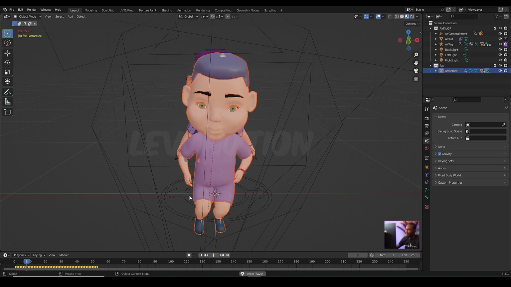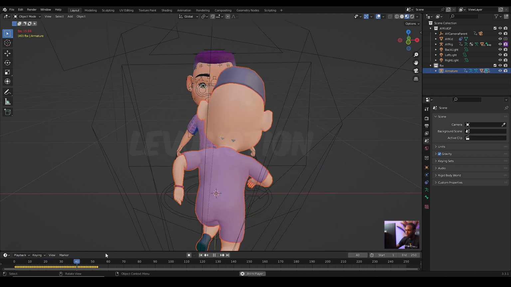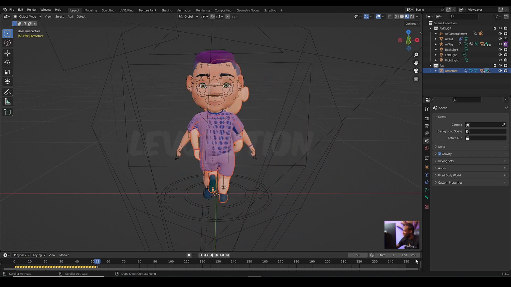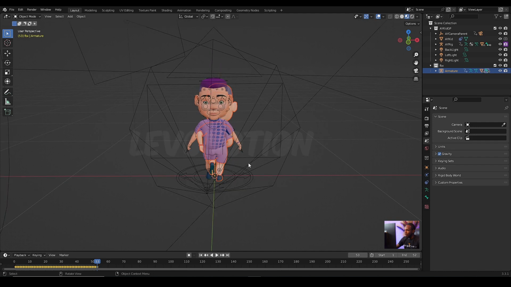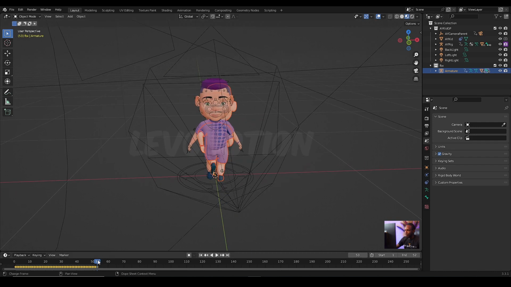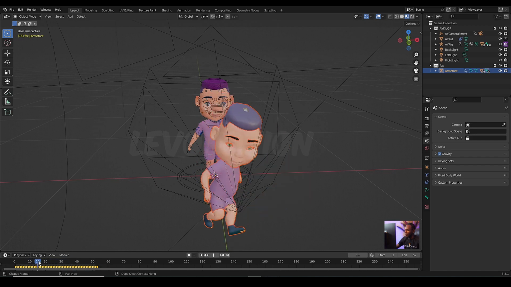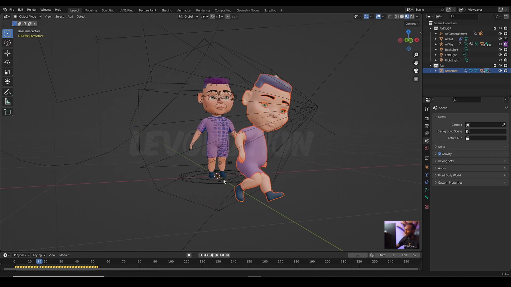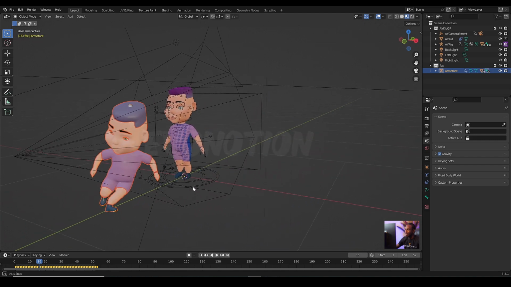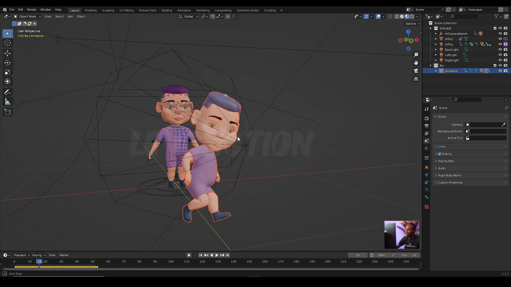So when I play this, you have the character running. And I'm going to loop the animation on frame, let's say 52. Okay. And another thing I want you to take note of is that my character does not have the same texturing, the same color as the blend file. So this is what I want to correct now.